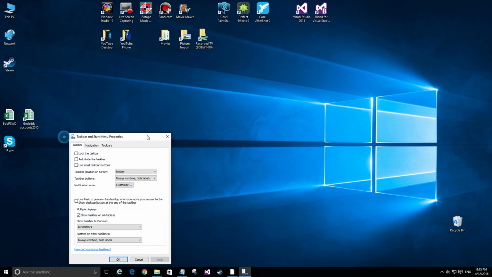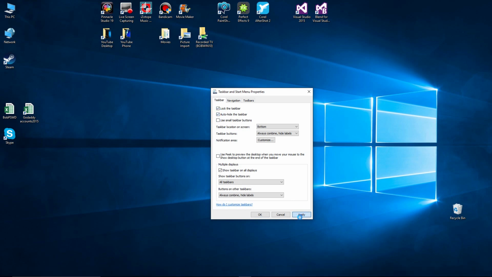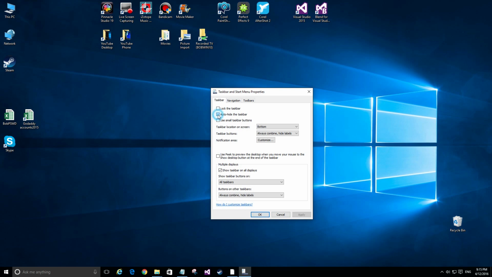But let's go over here to properties now, and this is the old property you're used to seeing. It's got some new options, or mostly old options. There's the same one called lock the taskbar. There's the auto hide the taskbar. You can't auto hide and lock at the same time because it jumps right back again. And also my video capture program is interfering with this a little bit, but there's different items you can do,